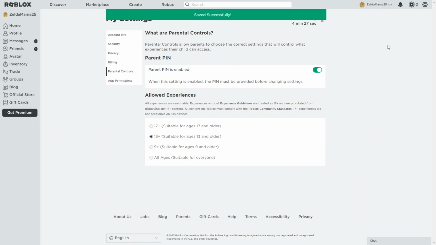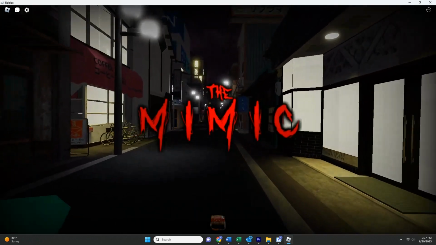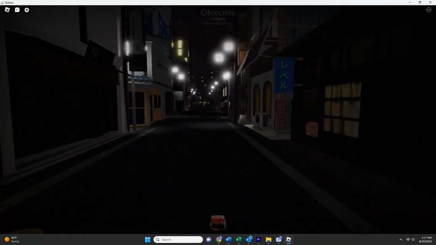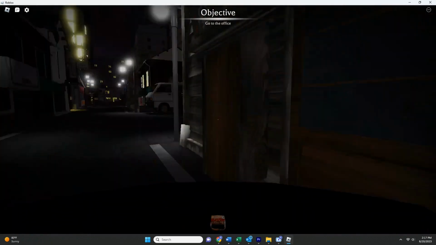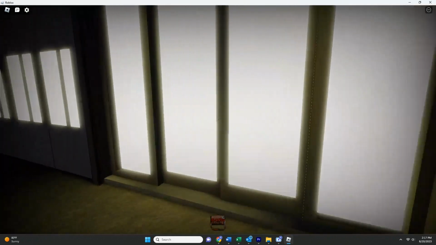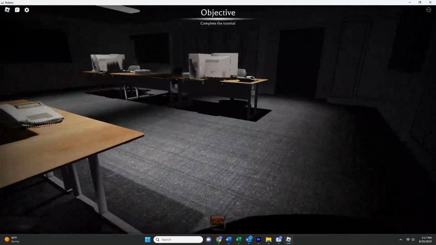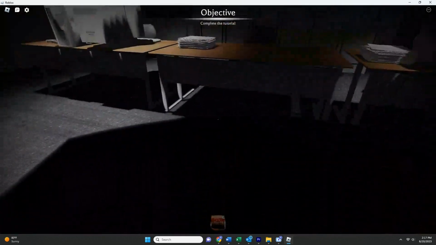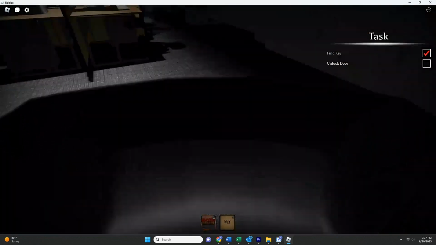Now I set the parental settings to allow me to play it, so let's check it out. I was home alone when I filmed myself playing this game. And I have to say, it took me forever to figure out even what I was doing. And then when I finally did, I was really prepared to be scared. It warned me that there would be jump scares and things like that. And I'm sure there are probably a lot, and maybe I just didn't have enough time to continue filming the game. I couldn't be playing this all day long to see what would happen, but I'm just going to give you a little bit of an idea.